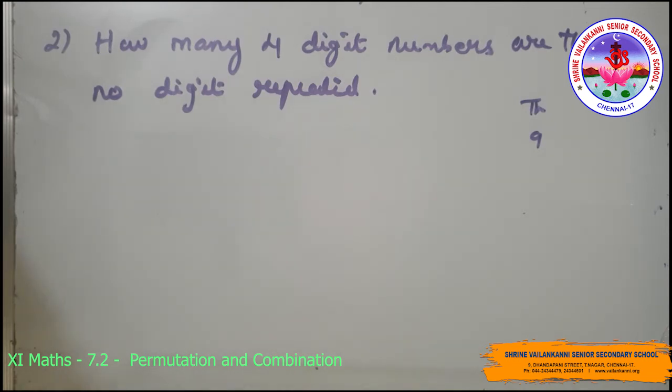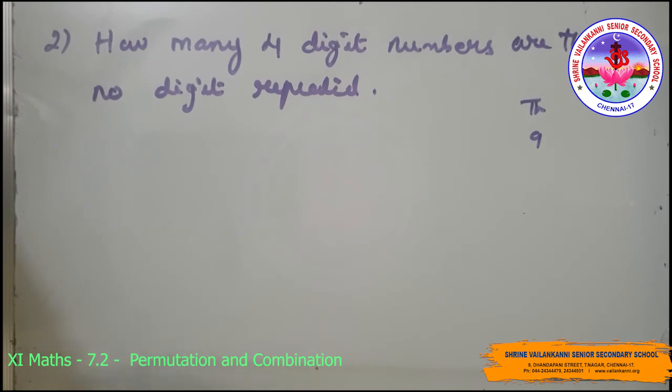So number of ways to fill remaining 3 places. The 4th place can be filled by any of the digits from 1 to 9, as the digit 0 cannot be included. So the remaining 3 places, like hundreds place, tens place and units place, are to be filled by the remaining 9 digits. So the remaining 3 places can be filled by 9 digits taken 3 at a time.